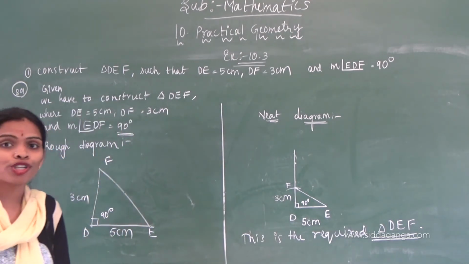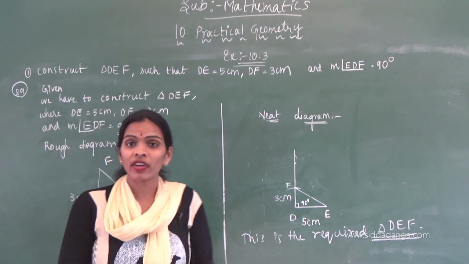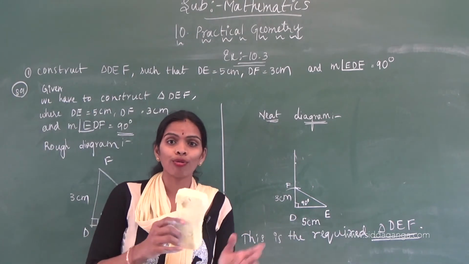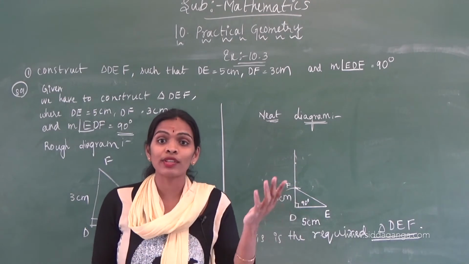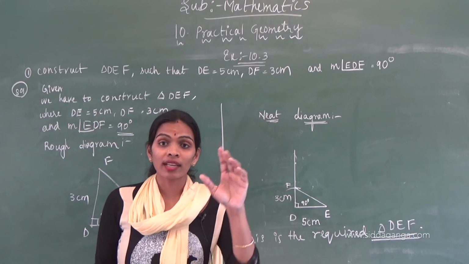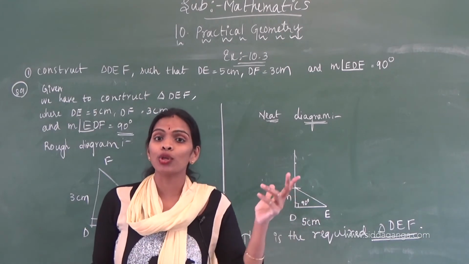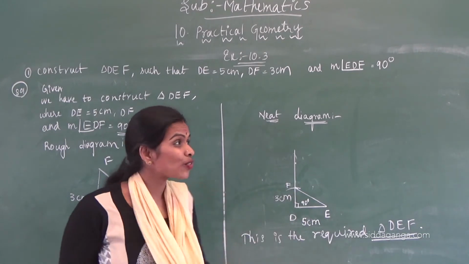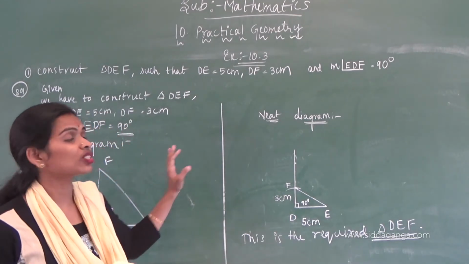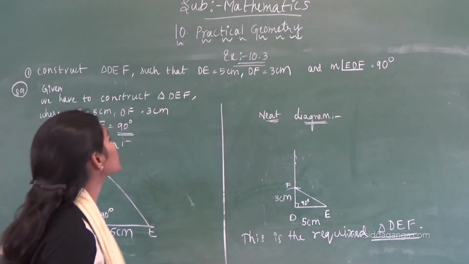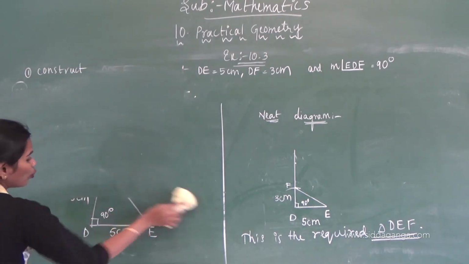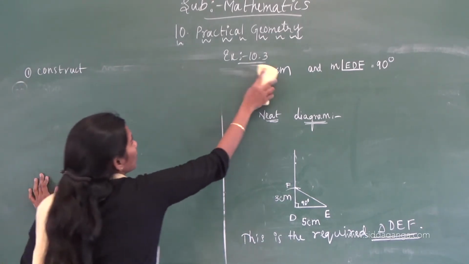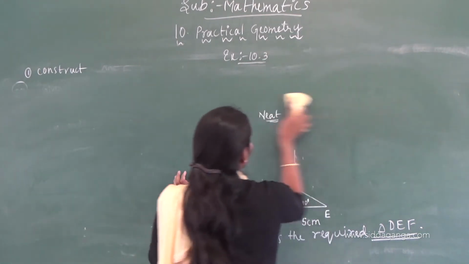I think you can do this one, children. Actually, in your earlier classes only you learned how to draw the line segment, how to draw the angles, bisectors, just constructing angles without using a protractor like that. That's why it is very easy for you, children. I think you are understanding this one. And next question, just I am moving to the next question, children. This exercise only.